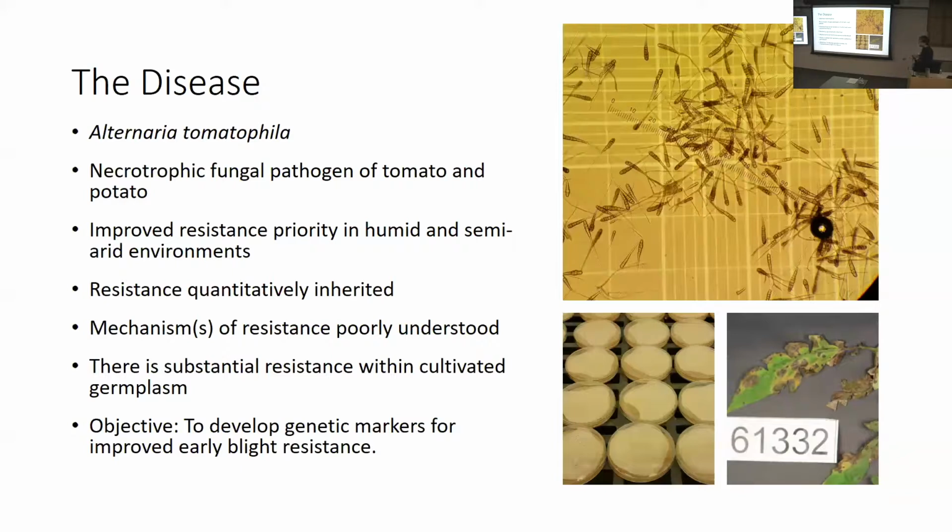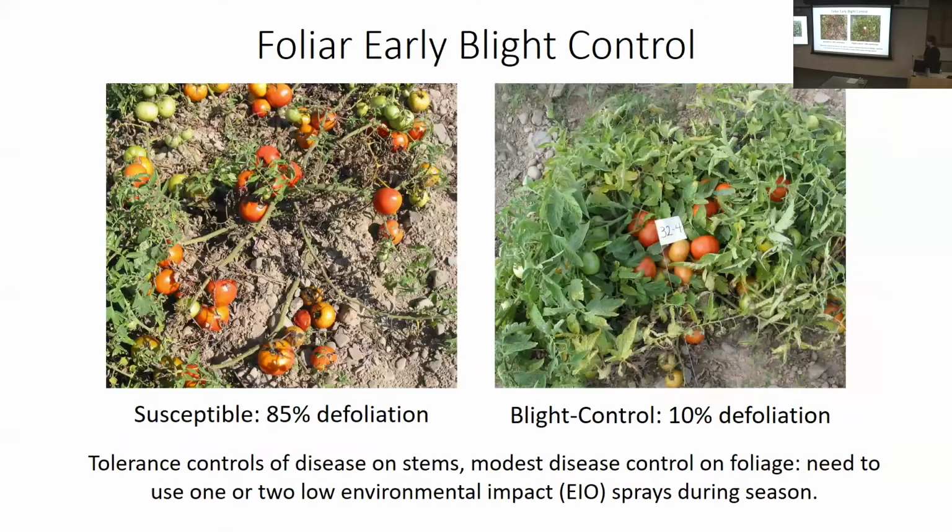That's been my objective for the last year and a half or so, is to develop some PCR markers that are predictive of the major QTL providing resistance to early blight, and then test them in several populations. So what's interesting about the early blight disease of tomato is that the resistance to it seems to be somewhat tissue specific. So we have different responses in the foliage and in the stems. So I'm going to break this down during the course of my discussion today in terms of the foliar and stem